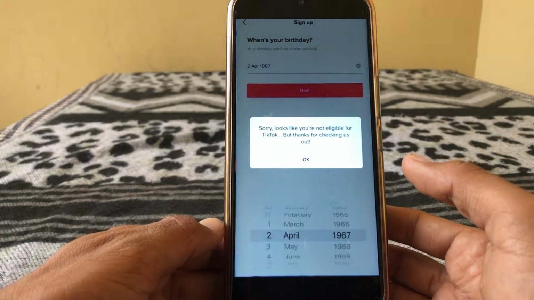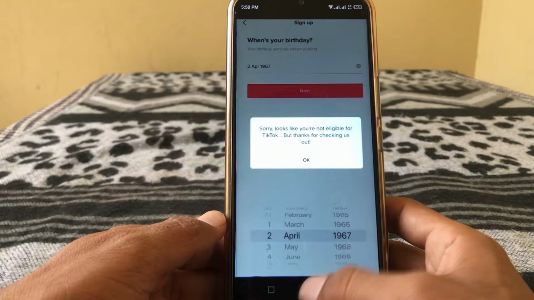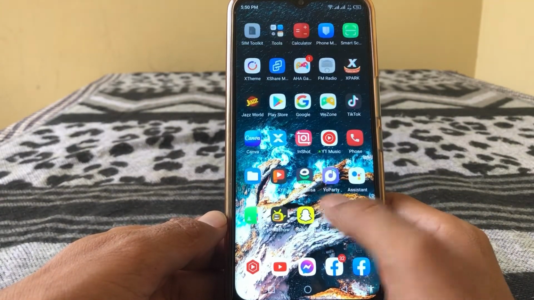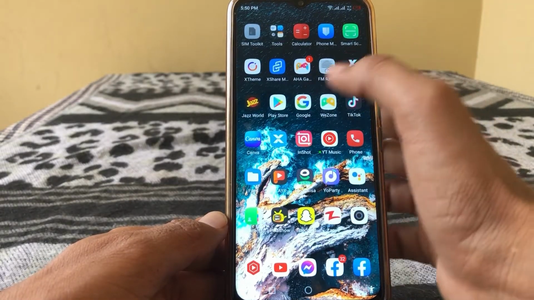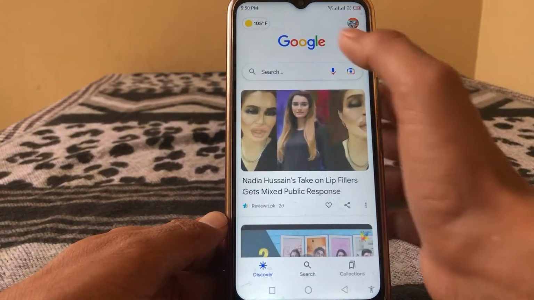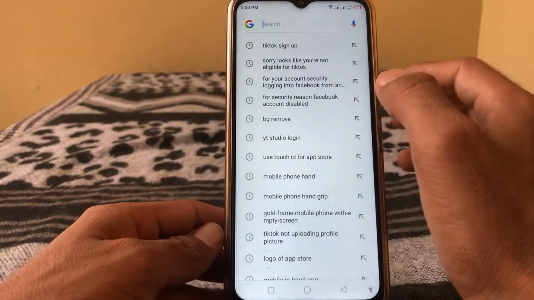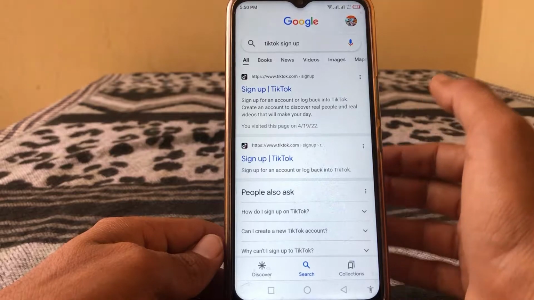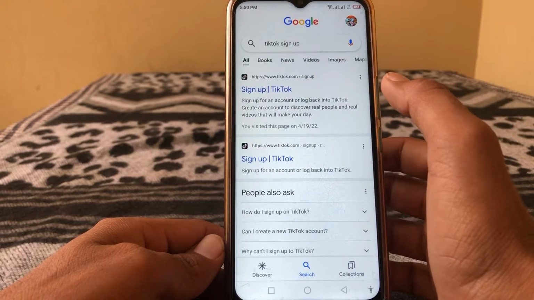To fix this, what you have to do is just simply go back to your home screen. So guys, after that what you have to do is just simply open any browser in your phone. From here you have to search for TikTok sign up, and here is the first link, so you have to tap on this,